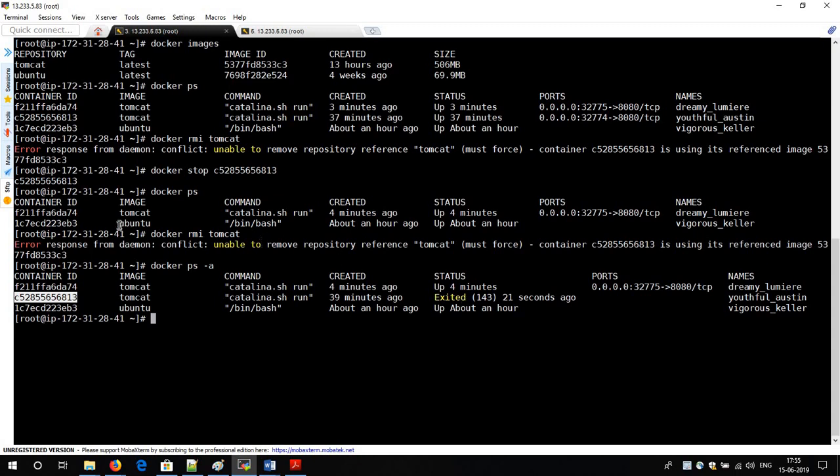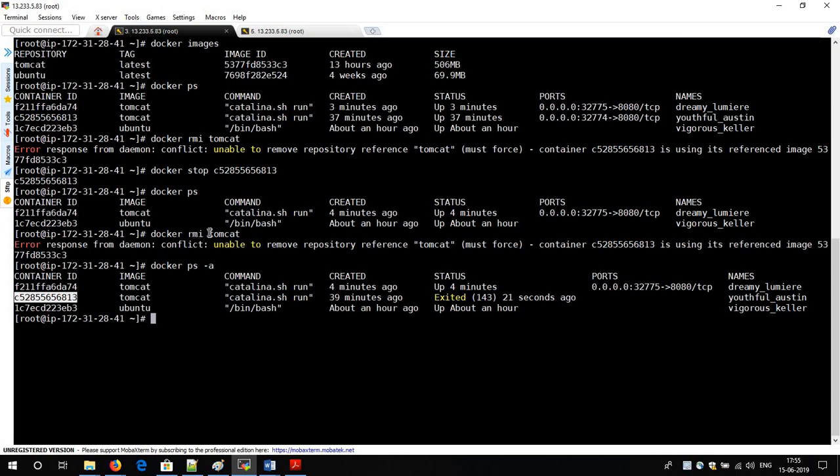What Docker is saying is that the image has been referenced by the container. They are not saying whether the container is up or down, but that we have already assigned one port to this container, and this container is using this image. So either you kill the image or remove that container, after that try to remove this image,